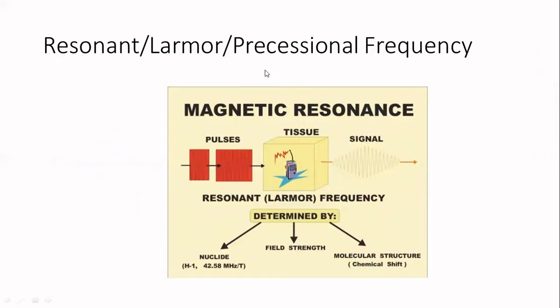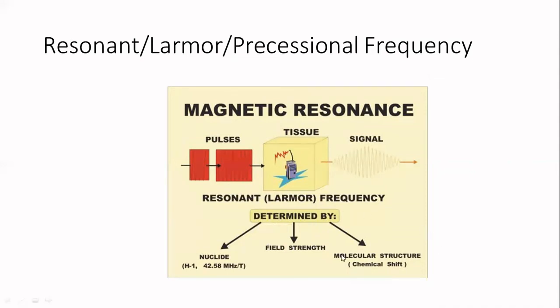So this precessional frequency is determined by three things, okay? And these are important things to know. One is what nucleus it is a part of. So the proton which is precessing is part of which particular nucleus, like is it a hydrogen nucleus or a carbon nucleus or a fluorine nucleus? That matters. So basically, what are the number of protons and neutrons around it? The second one is the field strength, the applied external field. Is it 1 Tesla, 1.5 Tesla, 3 Tesla? So the precessional frequency changes with the field strength also.